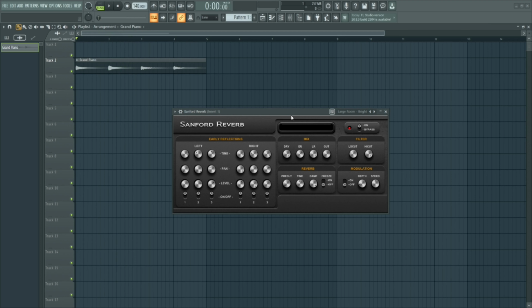So the really great thing about this plugin is the early reflection settings, as I said before, and they have separated it into like two stereo signals, which is left and right, and each one of them has three knobs for each setting, like the decay time, the pan, and the level.